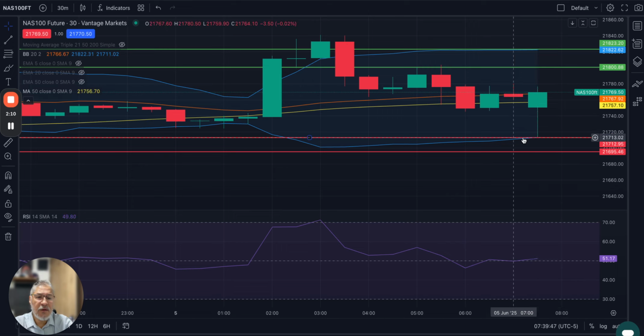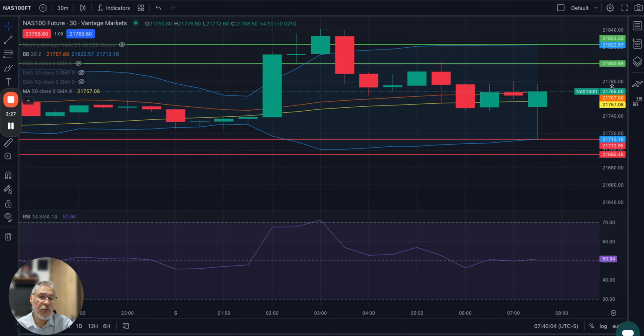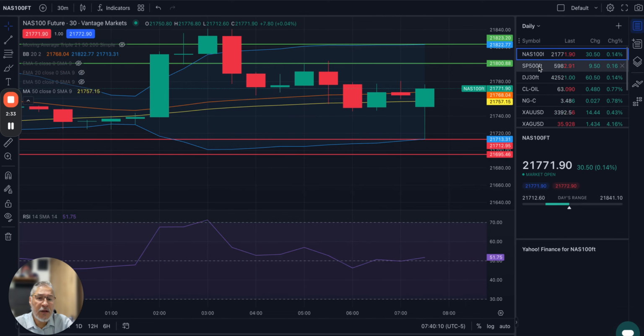So let's see if the market took that with a grain of salt and is looking to rebound. At least we now have the market above the 50-day moving average, and the medium is actually doing some dynamic work as a probable level of resistance. So let's see if the market will be able to trade above that.